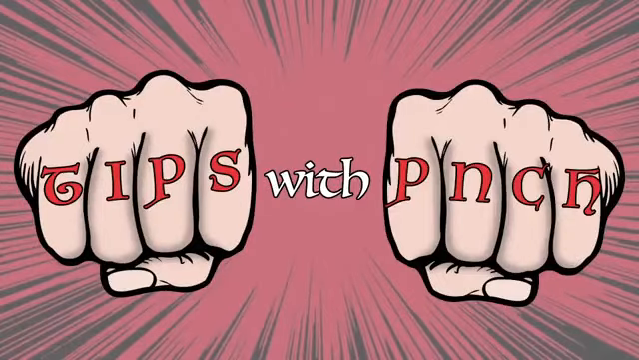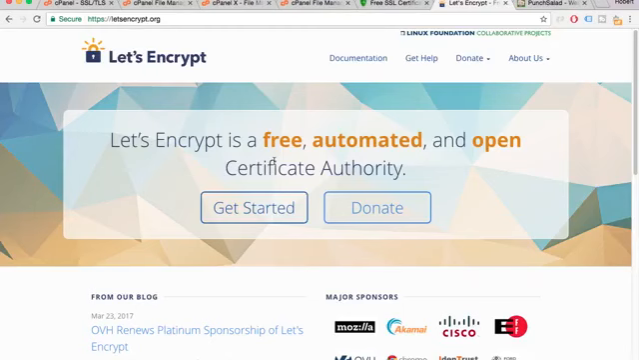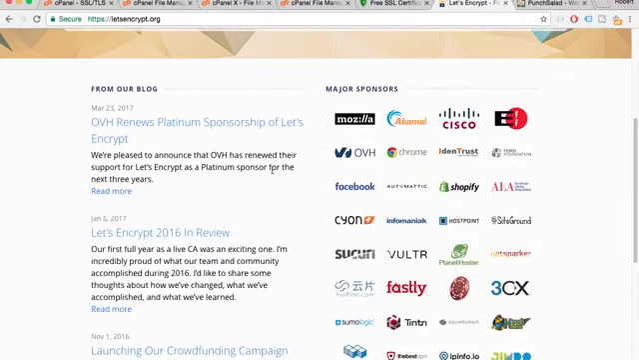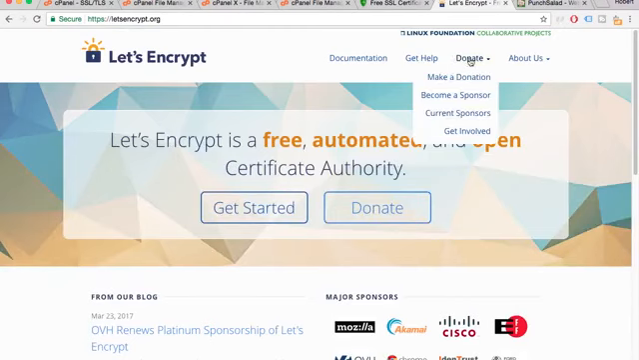Tips with punch. Now Let's Encrypt is completely free, but you do need to renew it every 90 days. So basically you have to do the same process every 90 days. You can install Let's Encrypt in a few ways, but we're gonna use an online tool for simplicity, especially if you're